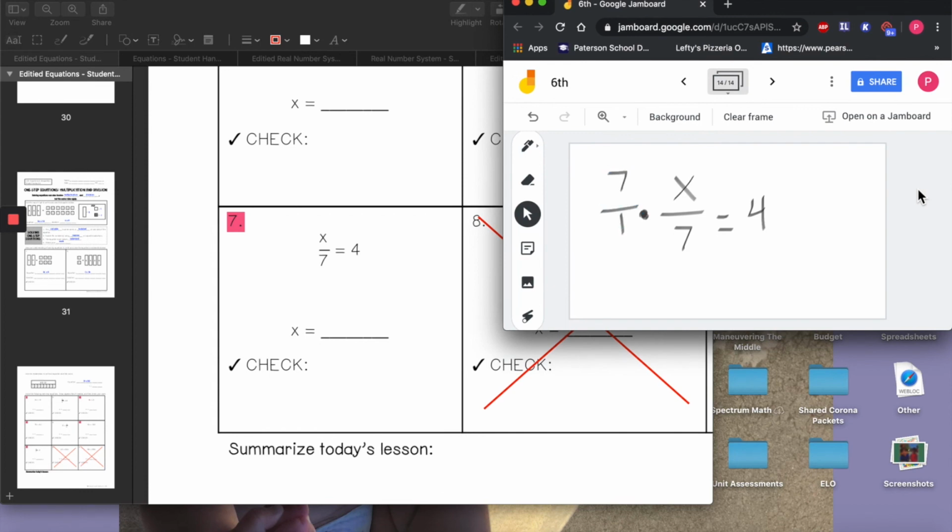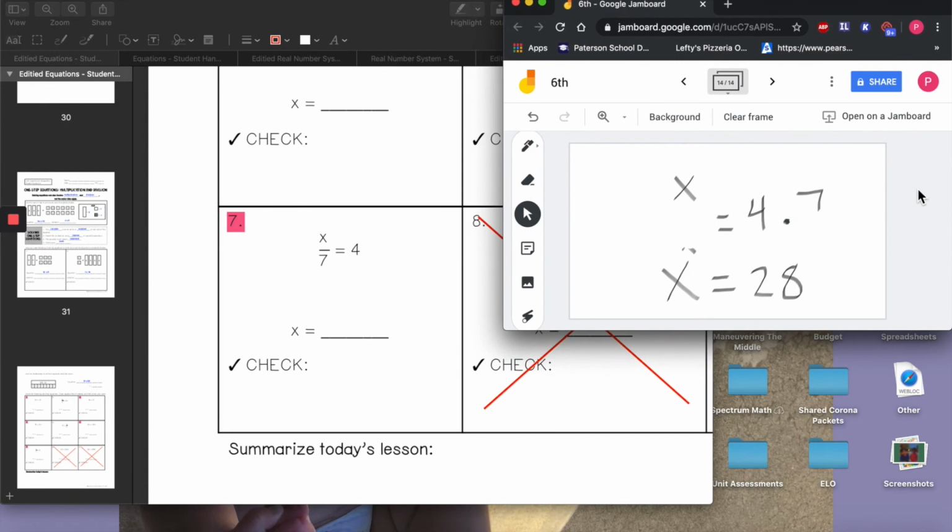Now it's going to end up being all by itself, but don't forget, I have to do to the other side what I just did to this side. So I have to multiply by its reciprocal on that side. Now what ends up happening is that all this goes away, and all I'm left with is x, and then all I have to do is 4 times 7, which is 28. Because essentially, what I did here when I multiplied it by its reciprocal is I made everything go away that was on this side. So all I was left with was x. And then the other side, the other reciprocal, had 4 times 7, so all I had was 4 times 7,